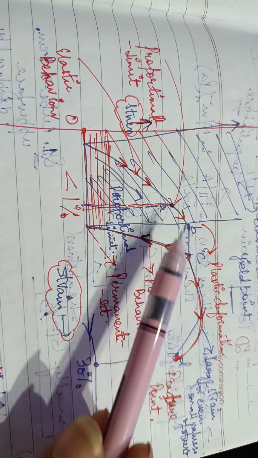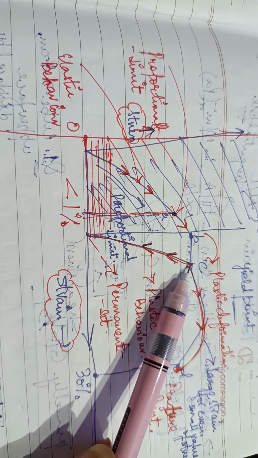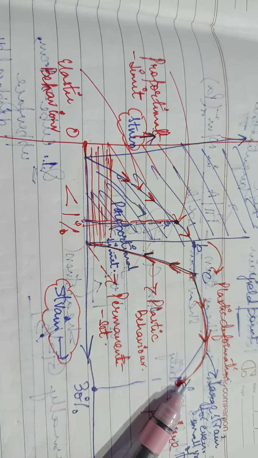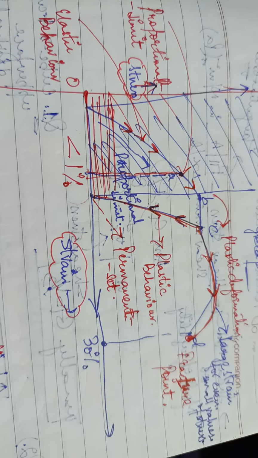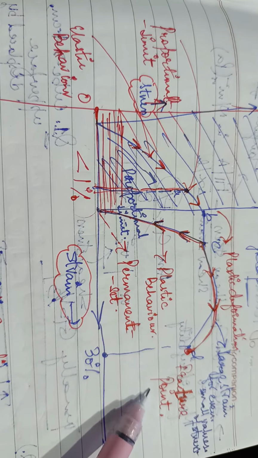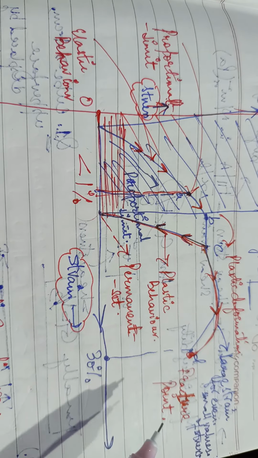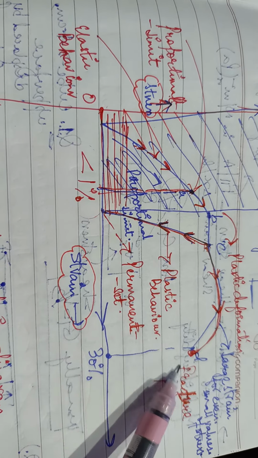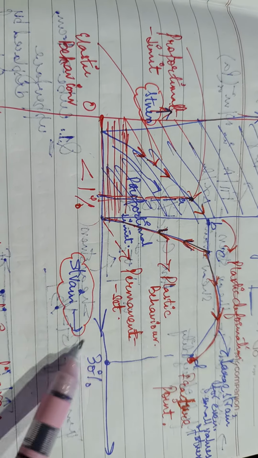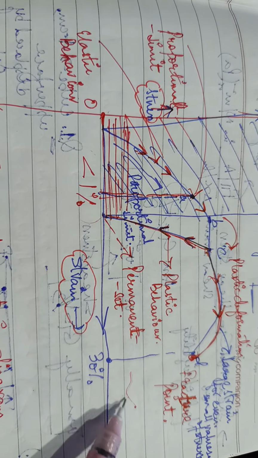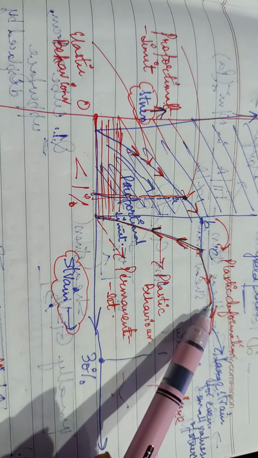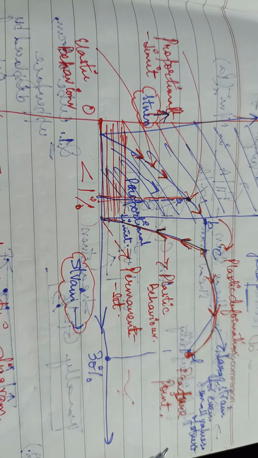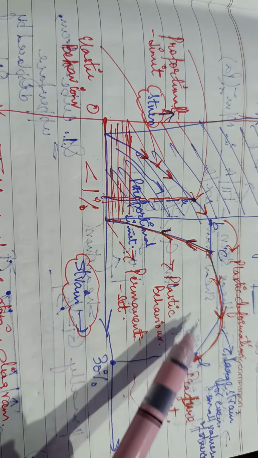Fine. And if we do not remove the stress and we keep on elongating, we see a hump and a curve and finally a point D. D is called the fracture point. Here the wire or the material finally goes through a fracture and it breaks down, and the strain value up till this point is about 30%. Usually the fracture point is attained up till here, and this particular region has a large value of strain for even very small values of stress. That is why it is increasing in nature.